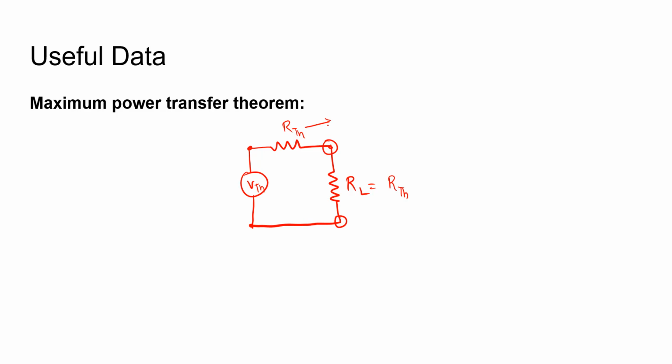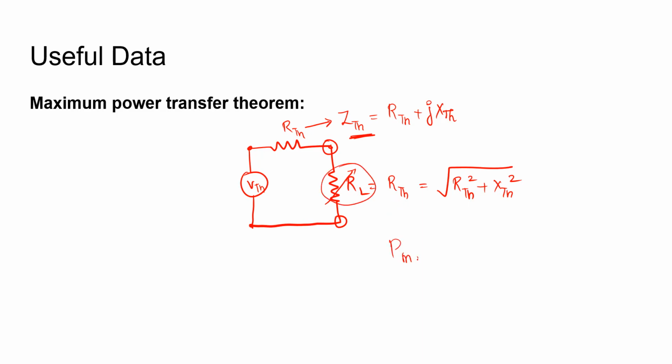If the Thevenin equivalent resistance has reactance, then the Thevenin equivalent impedance will be expressed in terms of the resistance and reactance. In that case, if the load resistance alone is variable, then this resistance should be equal to the magnitude of this Thevenin equivalent impedance, which is equal to the square root of RTh square plus XTh square. Under this condition, maximum power will be transferred to this load.